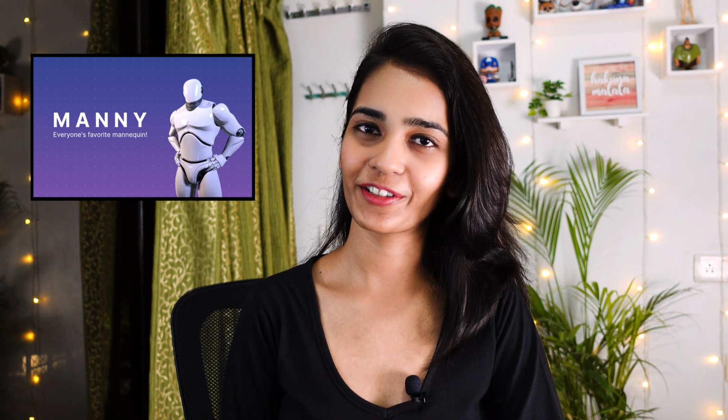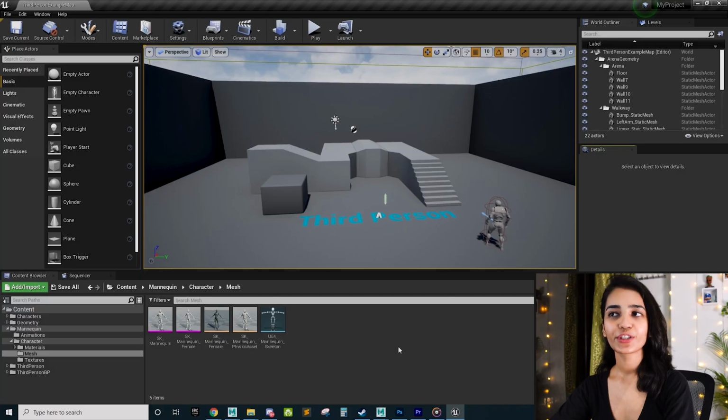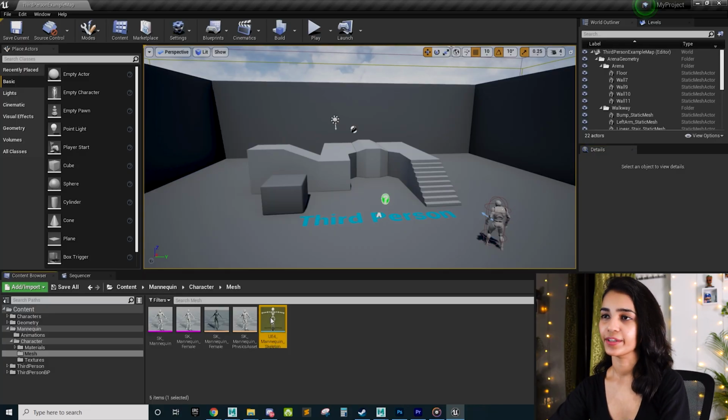Now, this is the default character which Epic has provided as a template for the biped characters to be used inside Unreal. So this rig or any other rig that can be brought inside Unreal Engine is called a game ready rig. Now, what is it that makes them a game ready rig? Let's find out. Let's just double click and open this SK mannequin.